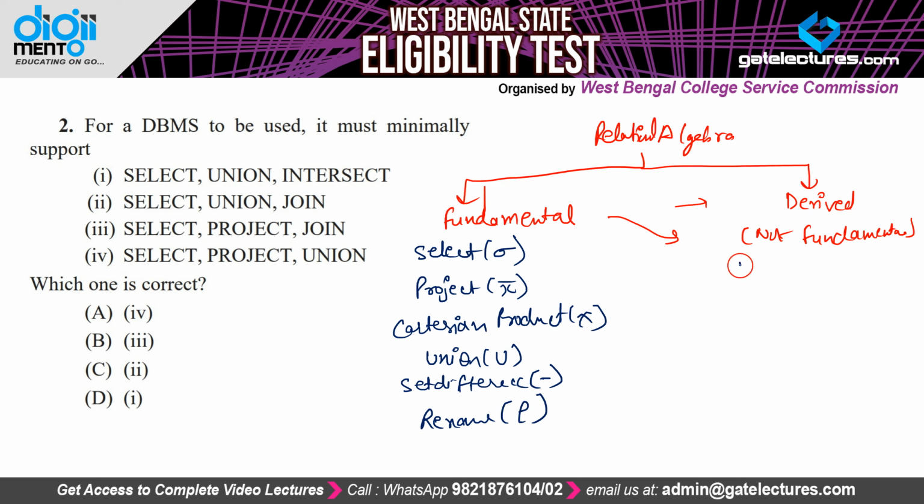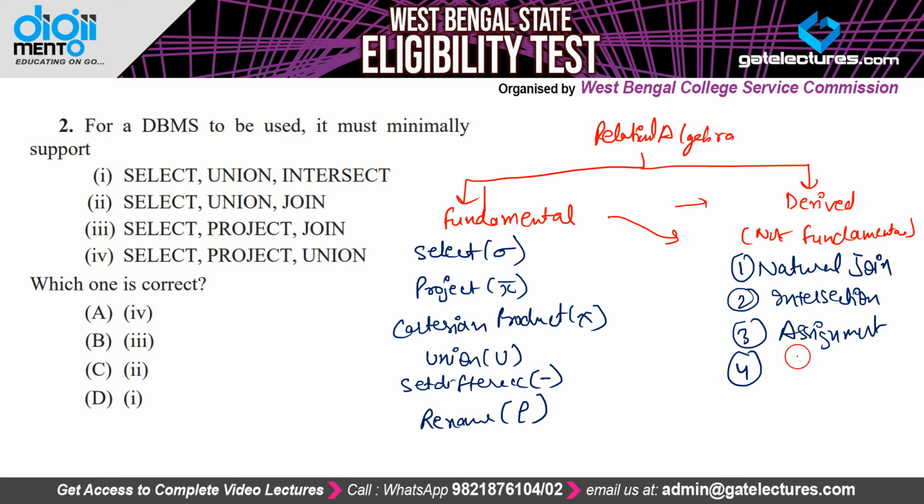In the derived form, we have the natural join. Natural join can be derived from the fundamental operations. The next one is the intersection. This intersection can be derived from the fundamental operations. The third one is the assignment operator. This assignment can be derived from the fundamental operations. And the fourth one here is the division or quotient operation, and this division operation is a non-fundamental operation. And the fifth one is the theta join, and this theta join is also not a fundamental operation, because it is just a generalized form